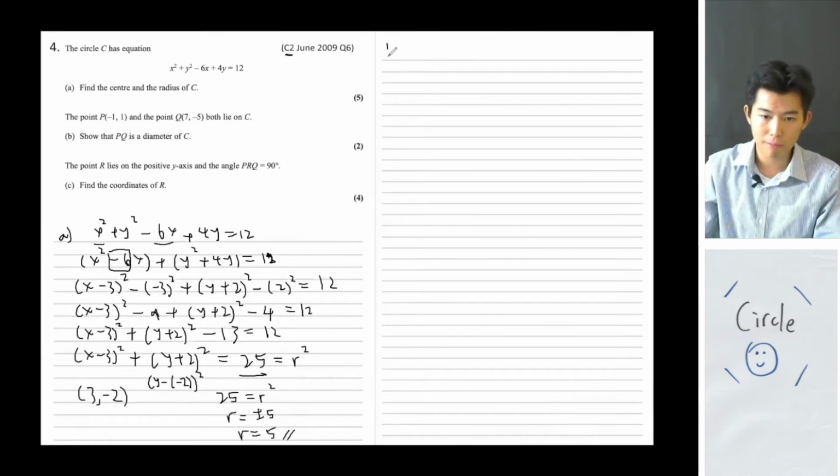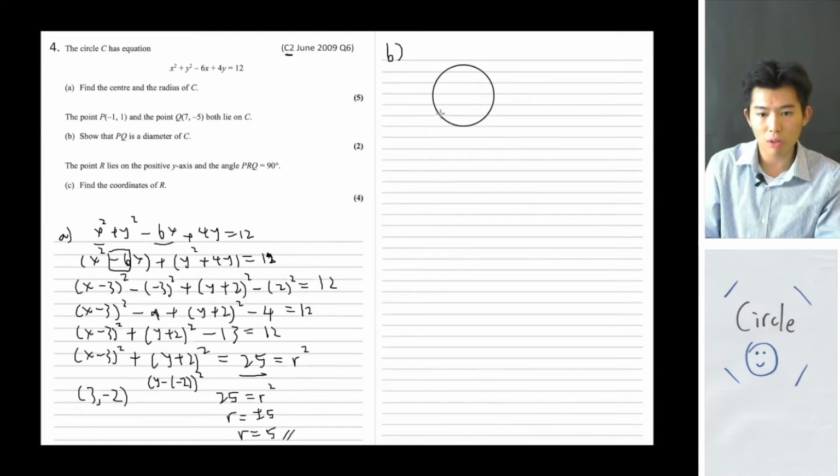And for part B here, they want us to show that PQ is the diameter of C. So basically, diameter is the longest distance between the points within the circle. The information that we have is the point P would be (negative 1, 1), and the point Q would be (7, negative 5), and both lie on C. So basically, the 2 points will be on the line of the circle. So PQ would be equal to,